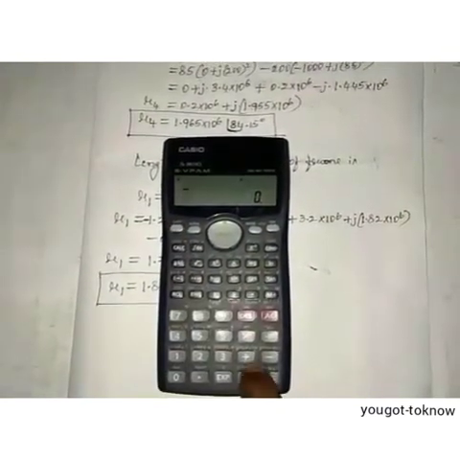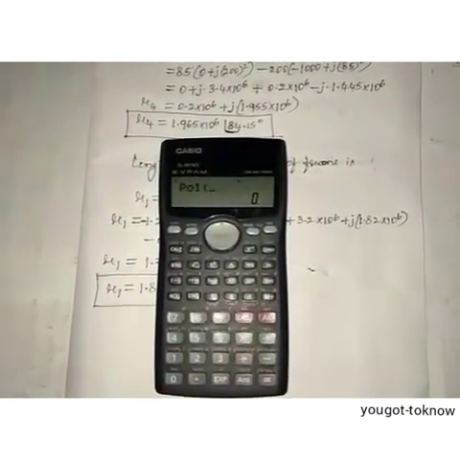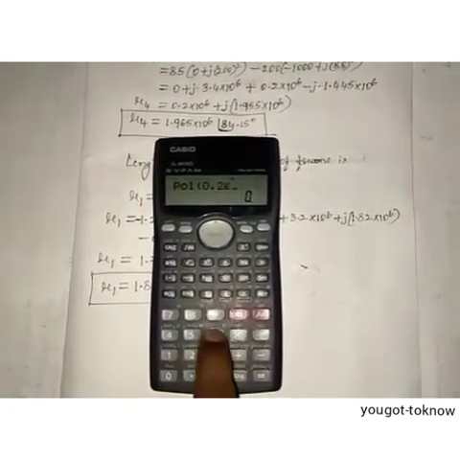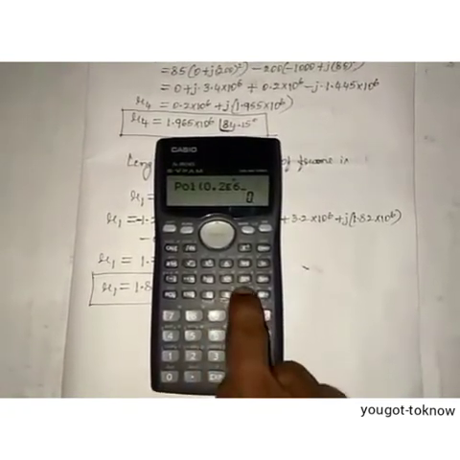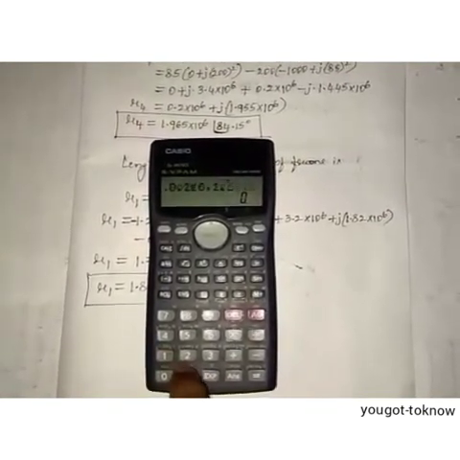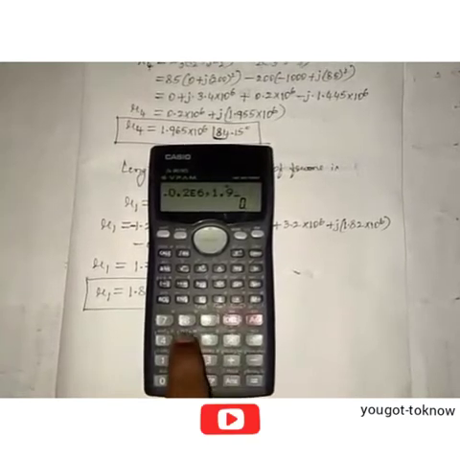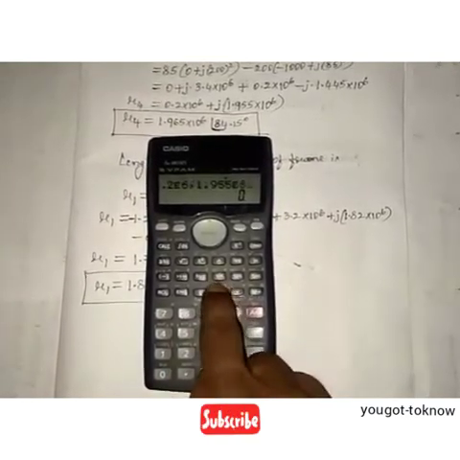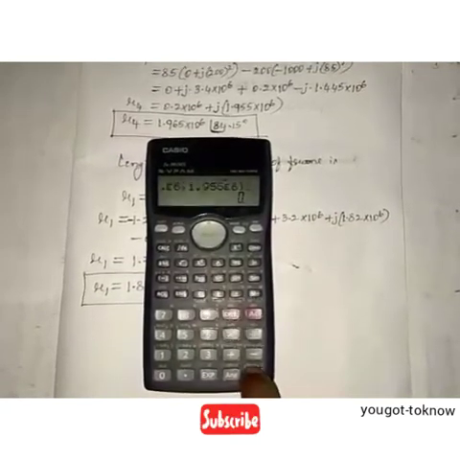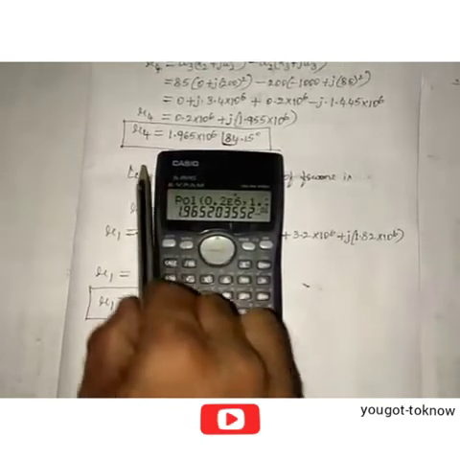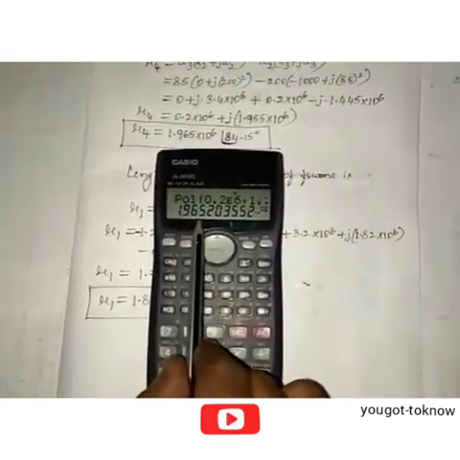shift button, polar, 0.2 e power 6 comma 1.955 e power 6, close the bracket, press the equal button, then we get the length of R4, that is 1.965